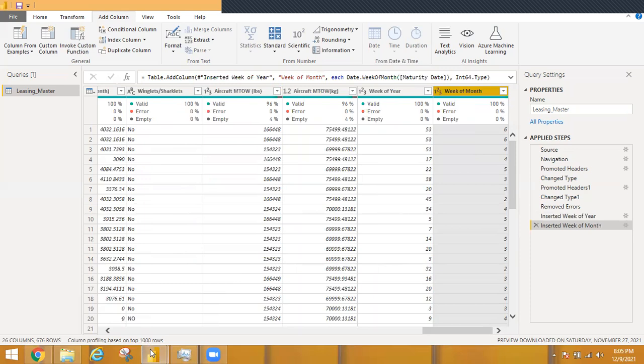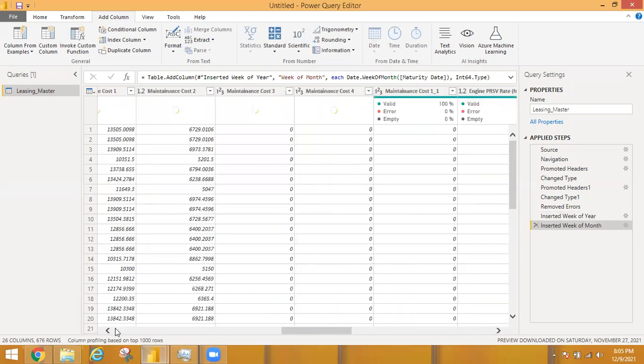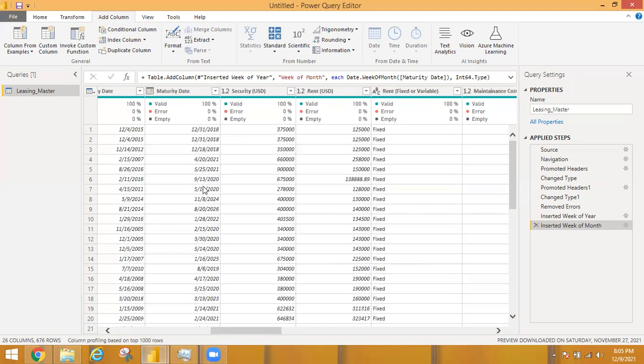So this week information is usually used by production companies. Production companies do not prepare their reports on a month basis. They prepare their reports on a week by week basis. So in such cases, you can use this week column, week of month or week of year information. Okay, next thing is